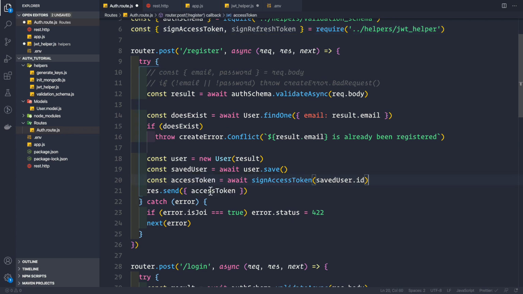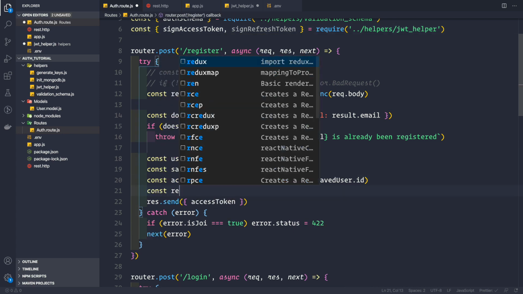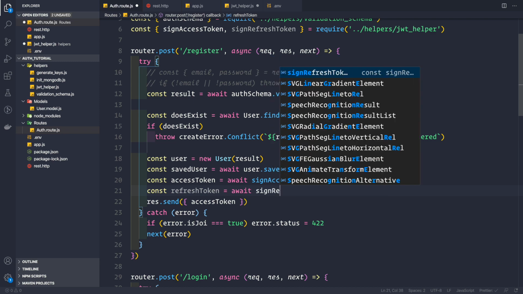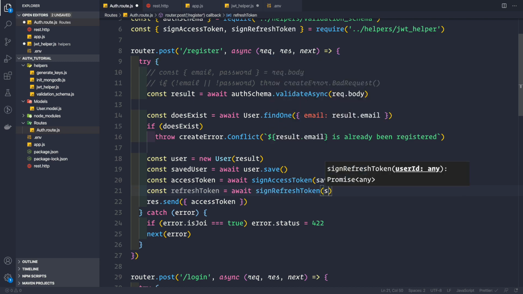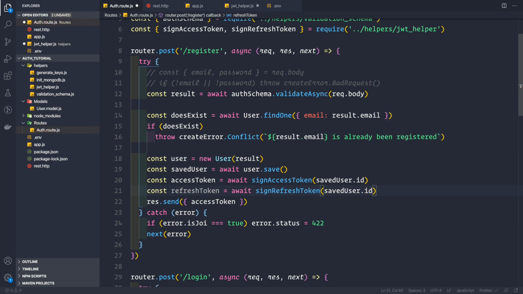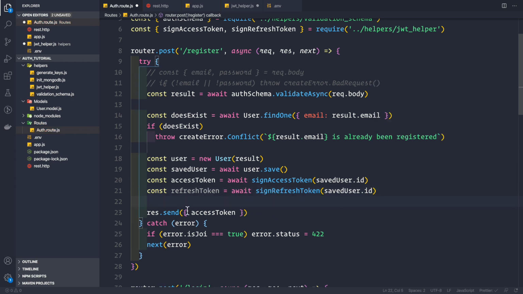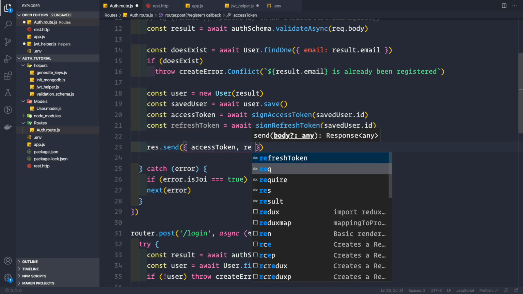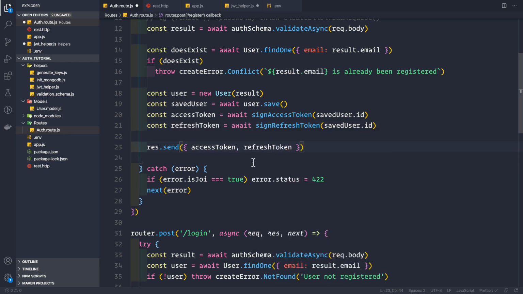So we can do it like this: const refreshToken equal to await signRefreshToken, and here we again need to pass in the saved user's ID when we are registering our new user. And now instead of only sending back the access token, we also want to send back this refresh token, together with the access token.